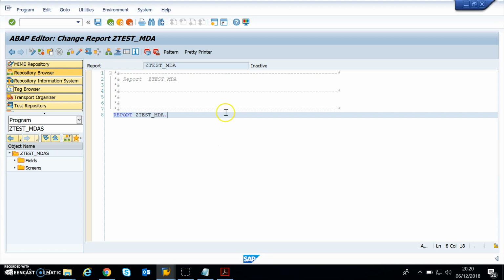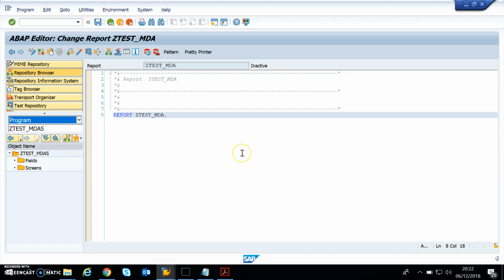a look at how the SAP screen editor, the SAP ABAP editor looks like. So here you can see this area is what we call the SAP editor, or rather I would say the ABAP editor. Well, this transaction, as I told you already, is SAT, and this is called the